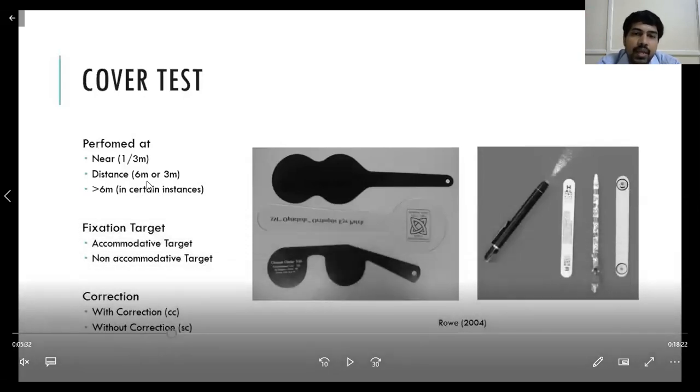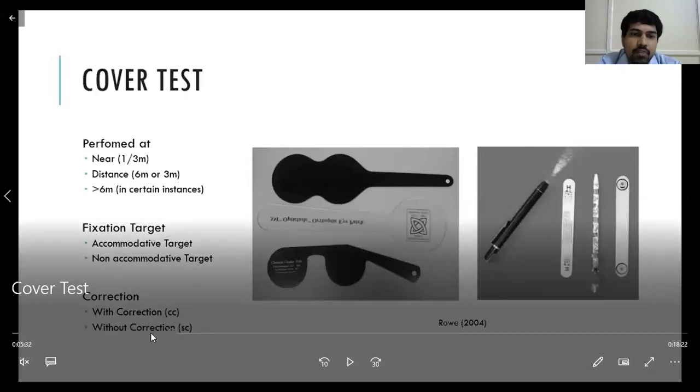What you do is you make the patient sit comfortably in a room. You give him a distance target or a Snellen's chart. You ask him to look at a particular object, A or X or Z or some particular letter, and then you perform the cover and uncover tests. When you perform this cover and uncover test for a distance, if there is any movement of the eyeball or deviation, then you can say that there is some divergence excess. Okay, and this can be done with correction or without correction.